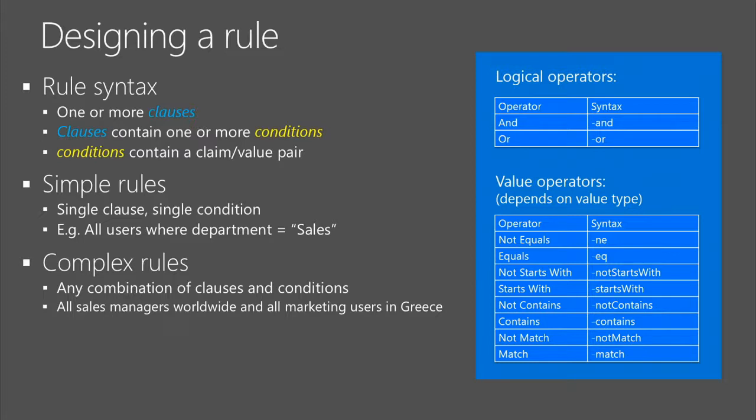A little bit about how to design a rule. Rules can be very simple, contain a single clause and a single condition. We make the UI really trivial for that. It's a drop-down to define the condition, and you're done. We also give you the opportunity to create more complex rules. You can create rules that contain any number of clauses and conditions. And all of the operators listed on the right side are the tools that you can use for that. There's also good documentation for this online if you want to read up a little more.